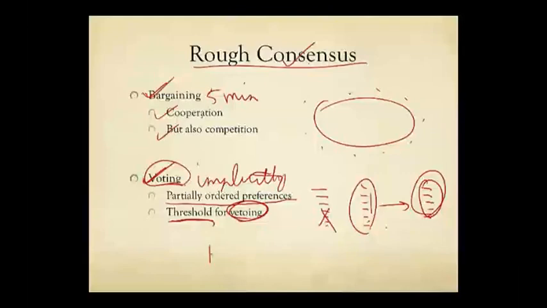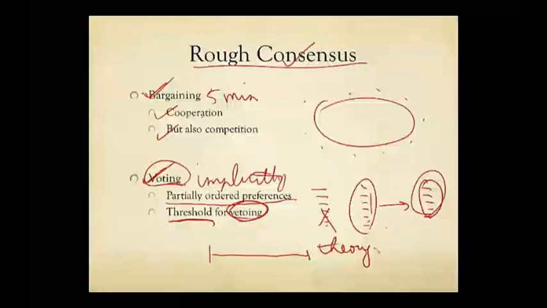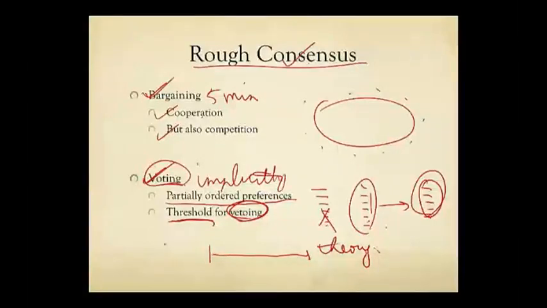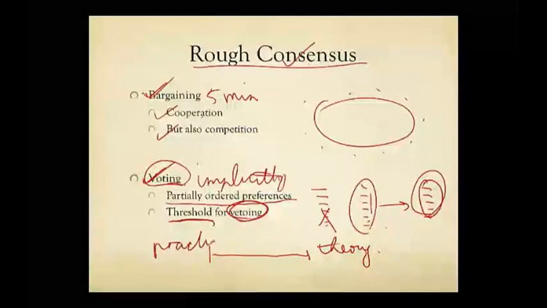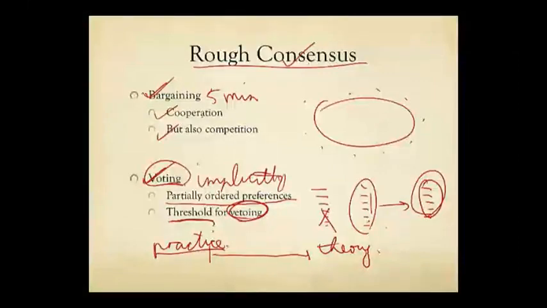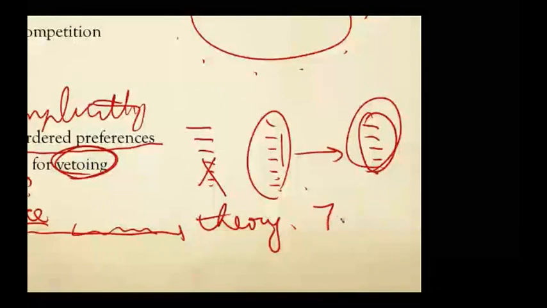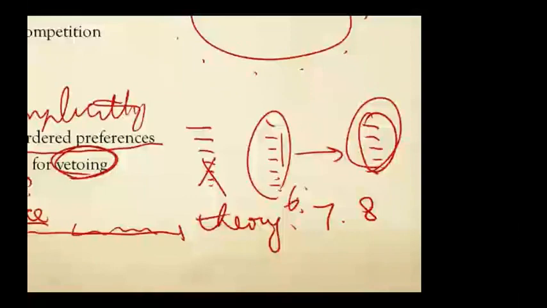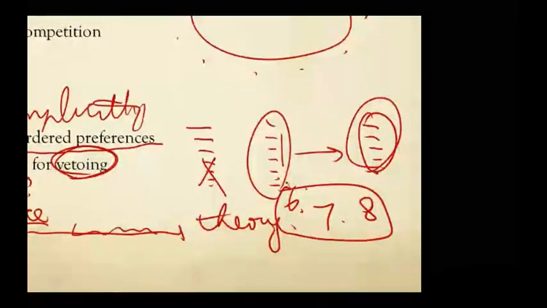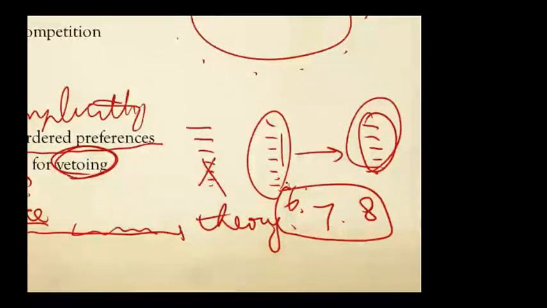So you're going to see a huge gap between the theory of bargaining and voting on the one hand and the actual practice of rough consensus formation in Wikipedia or in many other dynamics of a group trying to reach consensus. The gap is very big, and this is a word of caution that this lecture as well as the next two lectures, 6, 7, 8, form by far the largest gaps between theory and practice,